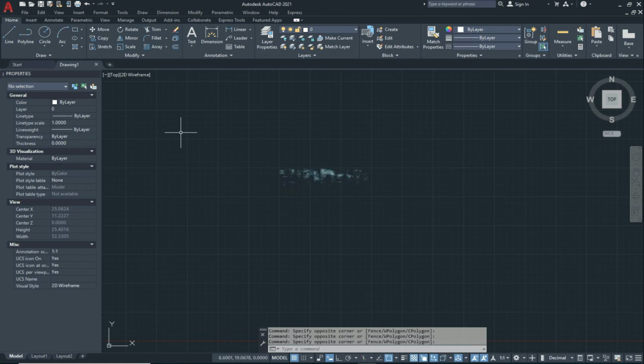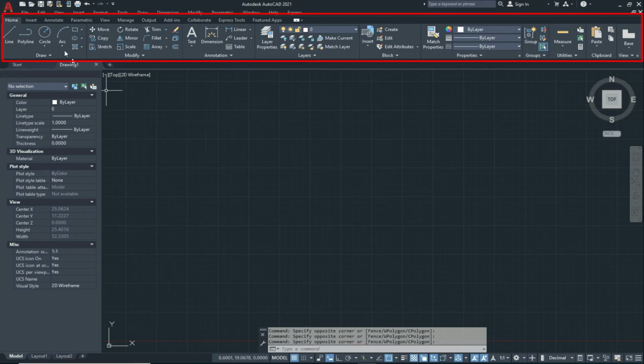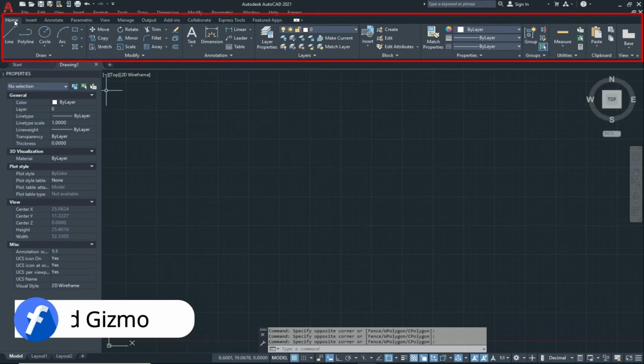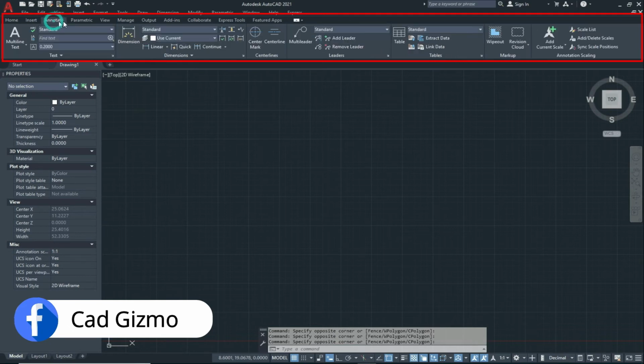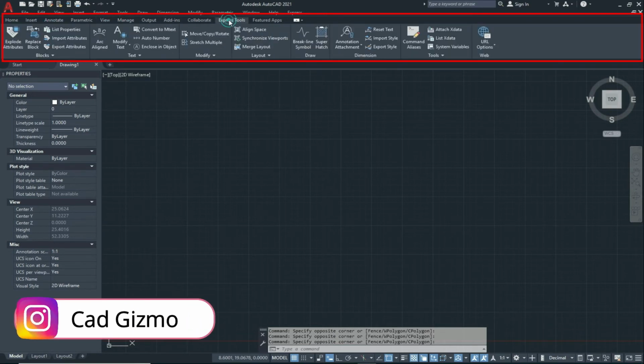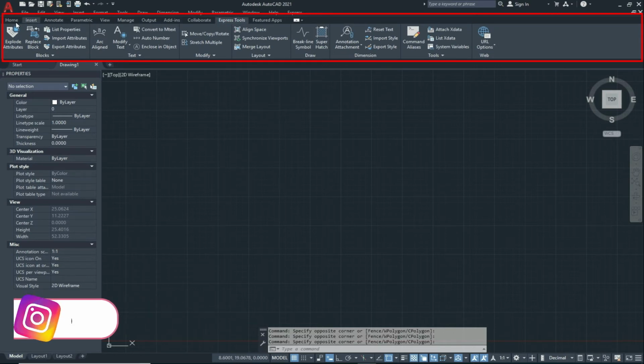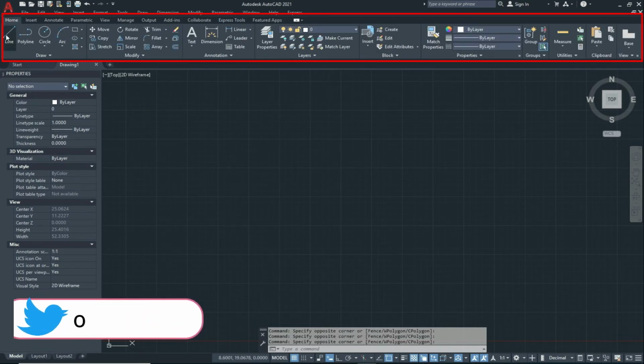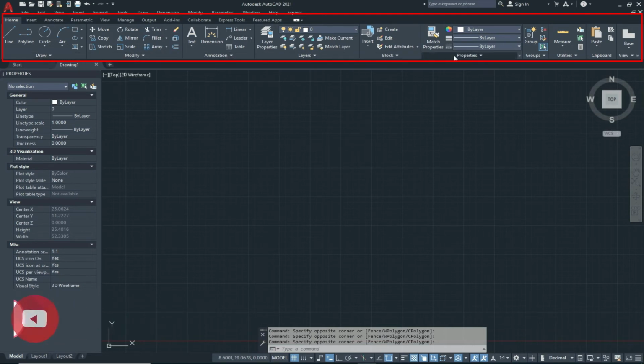Now our third point is the ribbon. The ribbon consists of two parts, tabs and panels. These are the tabs: Home tab, Insert tab, Annotate tab, View tab, Manage tab and Express Tools tab. And these are the panels: Draw, Modify, Annotation, Layer, Block, Properties.